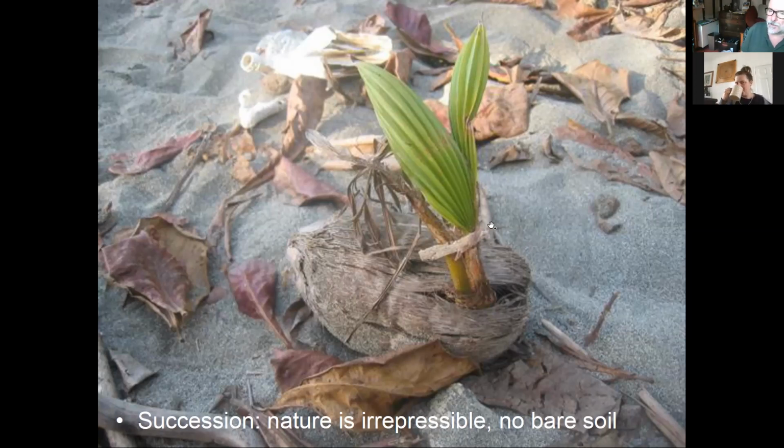And as the tree establishes itself, the same thing is happening: the leaf litter and the detritus blowing around in the wind is accumulating around the tree, building a mulch, covering the soil, helping it catch and store energy and to grow. So I just thought, in some way, nature's irrepressible. No matter how much damage we do to it, it's always trying to come back. It's always trying to clothe and cover the soil. And this succession process is forever going on. So it's very, very important to think about how we work with that strategically.